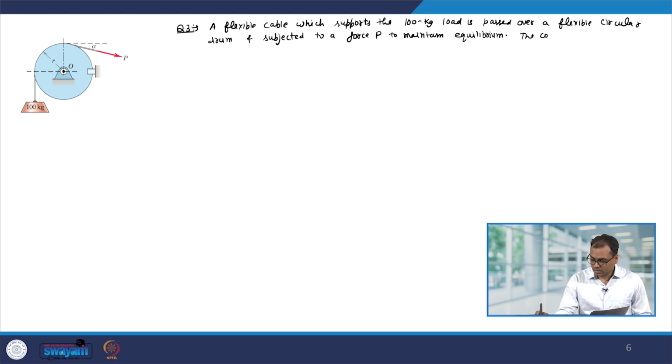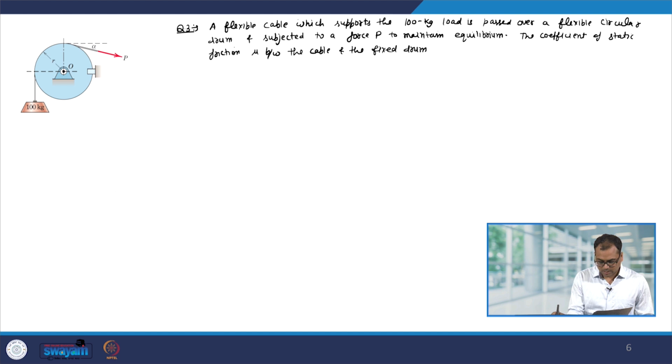The coefficient of static friction mu between the cable and the fixed drum is 0.30,